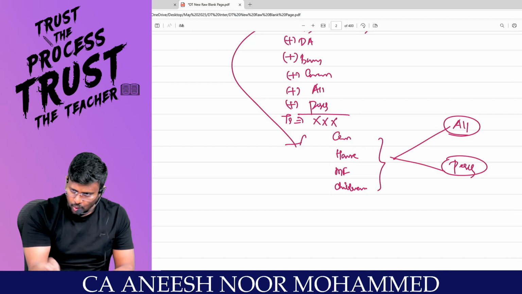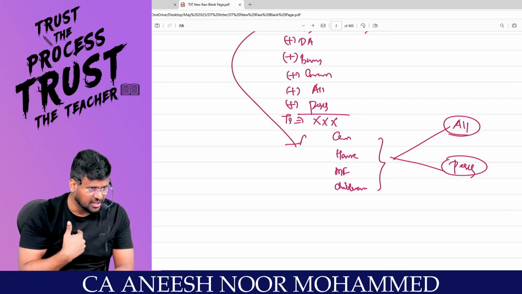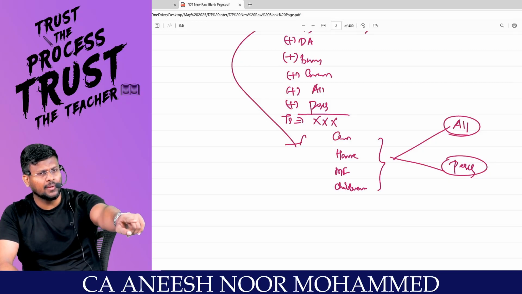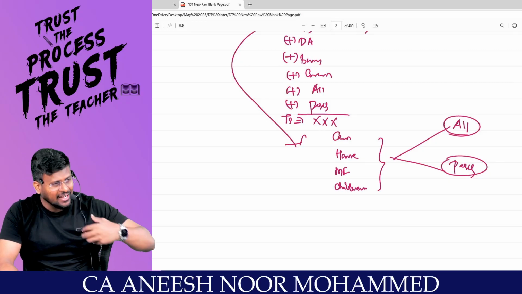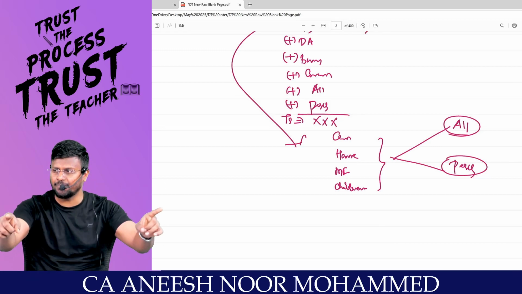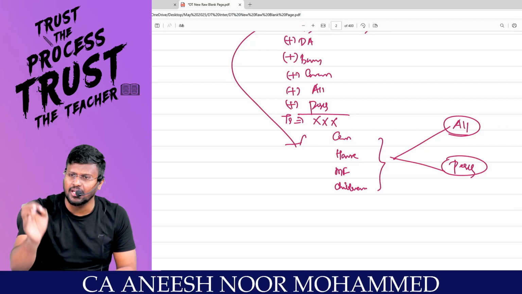If you include it, not myself, it is an expense for me only. The entire chapter on salary is from the angle of the employee, and my angle will be discussed in the chapter on profits and gains of business or profession. That is an expense for me that will be debited in the P&L account.